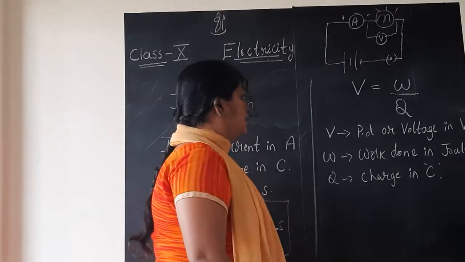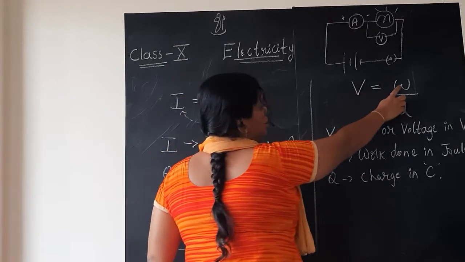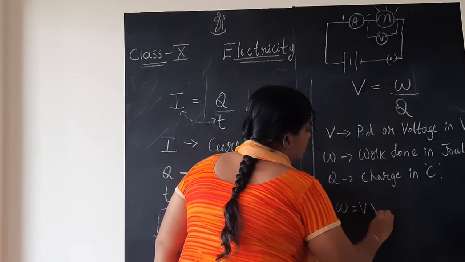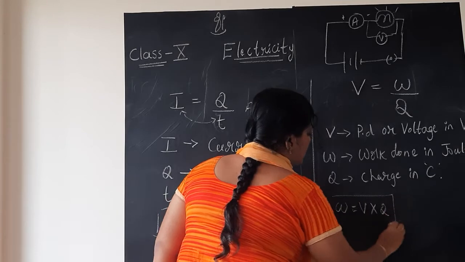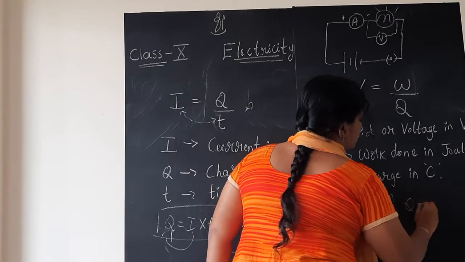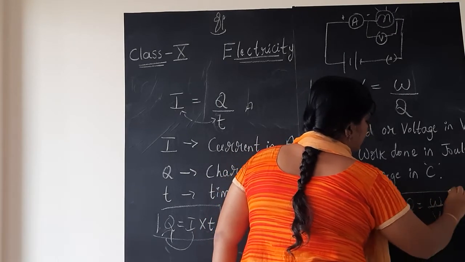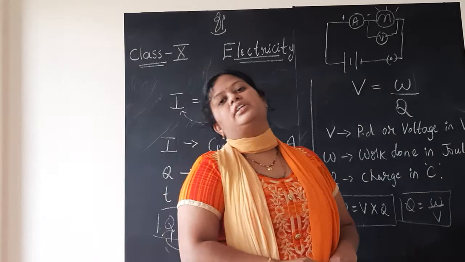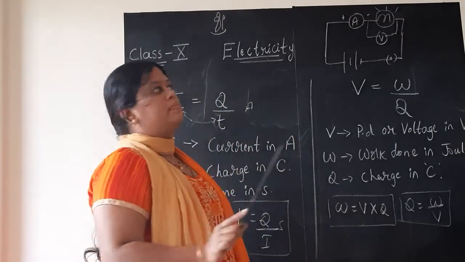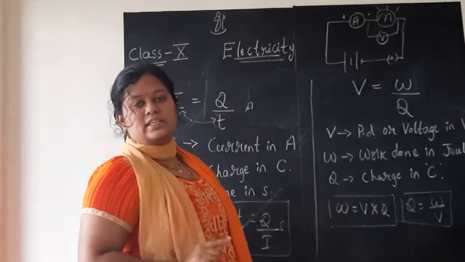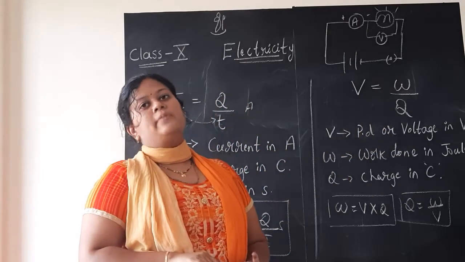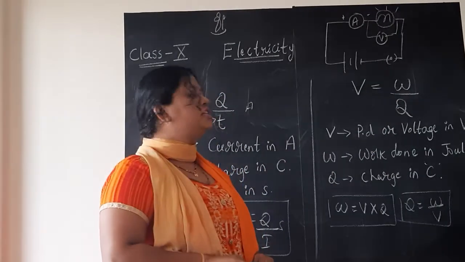difference across the circuit. Similarly, if at all work done you need to calculate, W is cross multiply V into Q. If at all they ask you to find out what is charge, Q is equal to W divided by V. Like this you need to manipulate the formula according to the given problem. So first only thing which you need to keep now in mind is I is equal to Q by T is the formula which is used to find out the current. V is equal to W by Q is the formula which is used to measure the potential difference or voltage